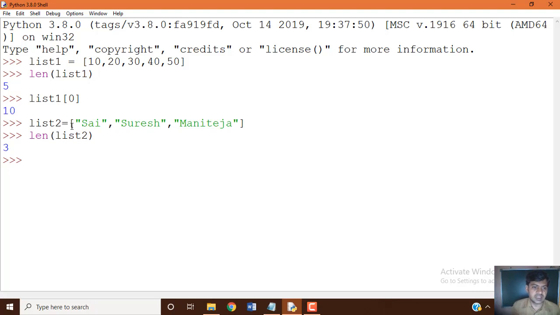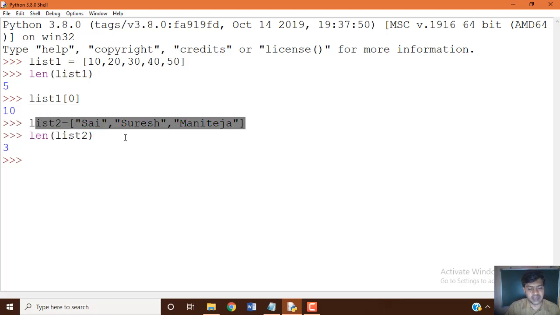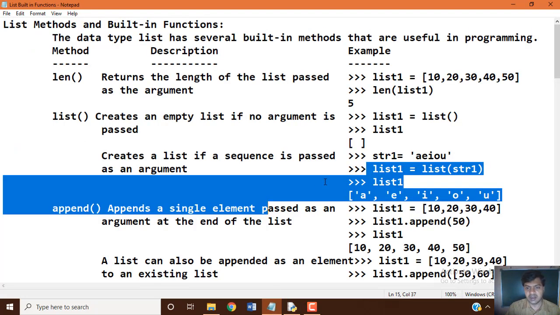You can see there are 3 names which we assigned to the list 2 variable, that is string values. So the length, you can see clearly, has 0 1 2 index numbers, but when it comes to data items, 1 2 3 are the values. That is how the length function gives you the total number of data items or values available within the list variable as an output. Now we know how we can execute the length function.